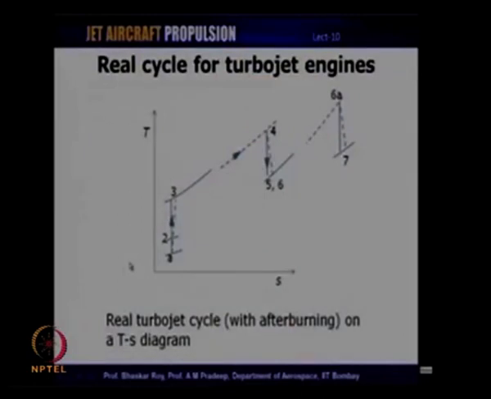Now, what happens if an afterburner is used? If an afterburner is used, all the processes up to the turbine exit remain unchanged. We have the same processes, the same cycle analysis that we have just discussed, all the way up to turbine exit. Turbine exit onwards, we have a slightly different process involving heat addition. So, it is like a reheat Brayton cycle. There is heat addition taking place at the turbine exit. So, the basic cycle itself will get modified, and therefore, the cycle analysis after the turbine would need to be modified accordingly. So, let us take a look at a real cycle of a turbojet with afterburning.